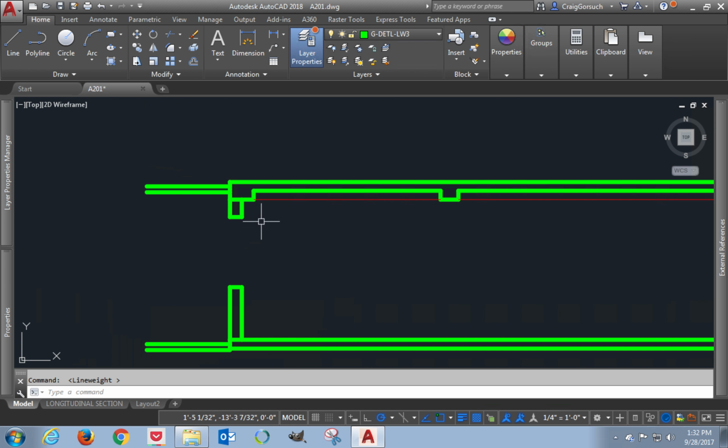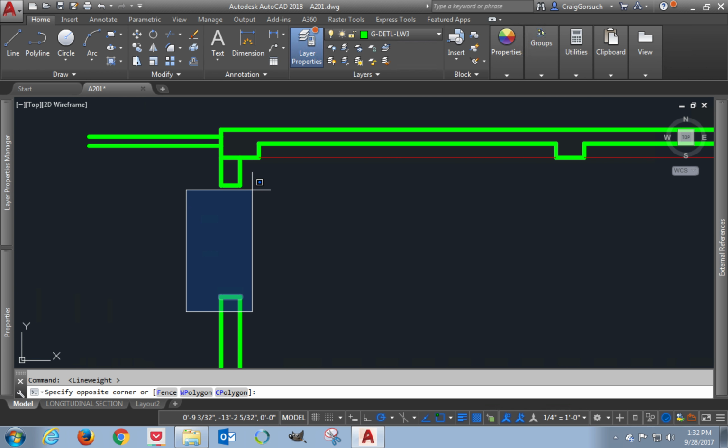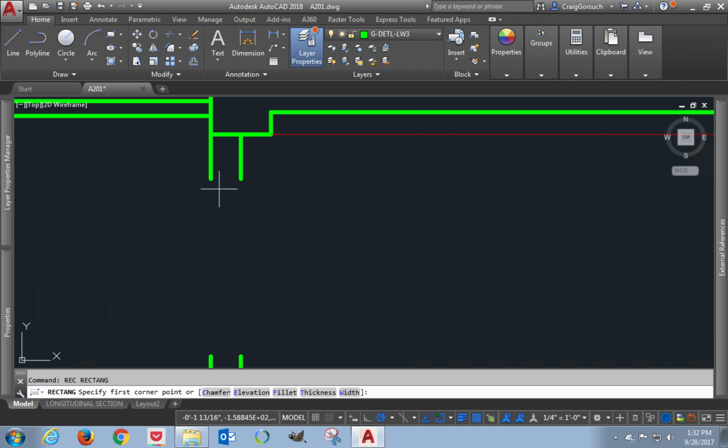So I'm back on my line weight 3. I'm going to create my window. I'm actually going to delete these 2 lines here because I don't need them, because I'm about to create rectangles that will fill up this space. So hover over that point, drag down, press 2 and enter, and then close my rectangle. Do the same on the other end, drag up 2, down to there, press return,